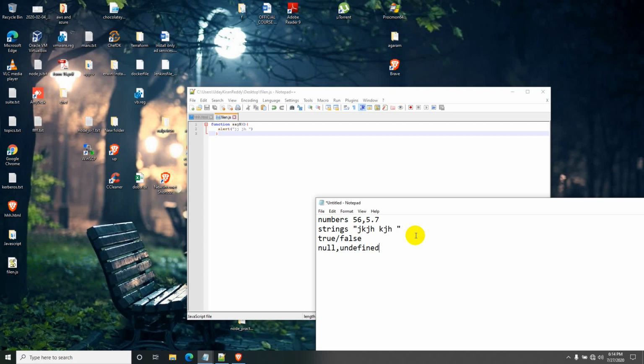Also, JavaScript does not make any distinction between integer values and floating points. All the numbers in JavaScript are represented by floating points only. There is no difference of integers here, because JavaScript represents numbers using the 64-bit floating point format defined by the IEEE 754 standard.